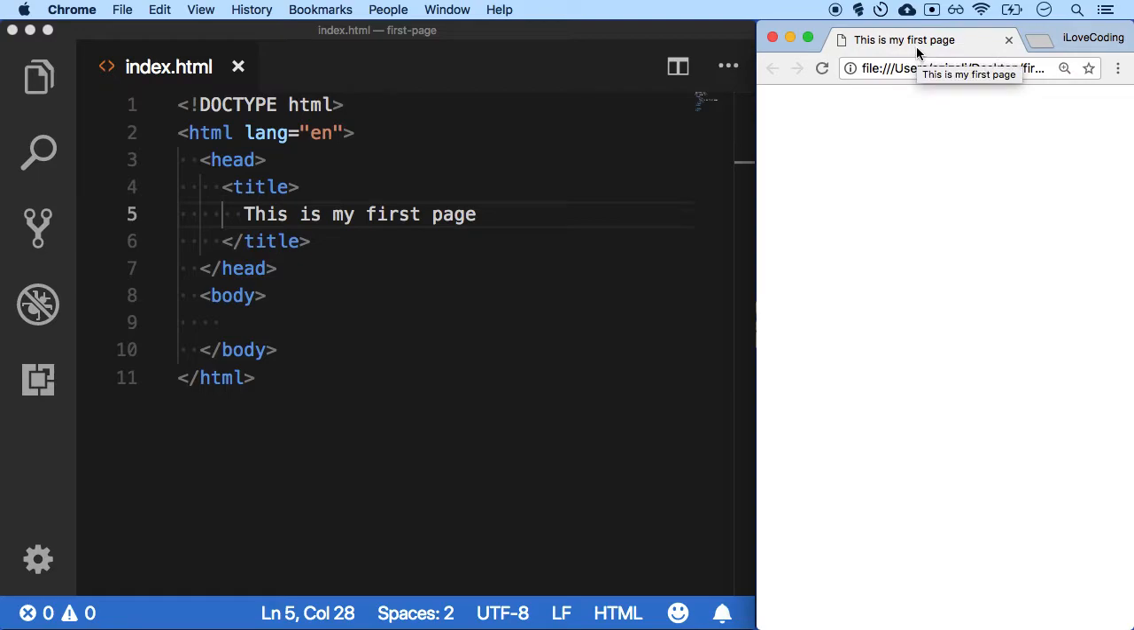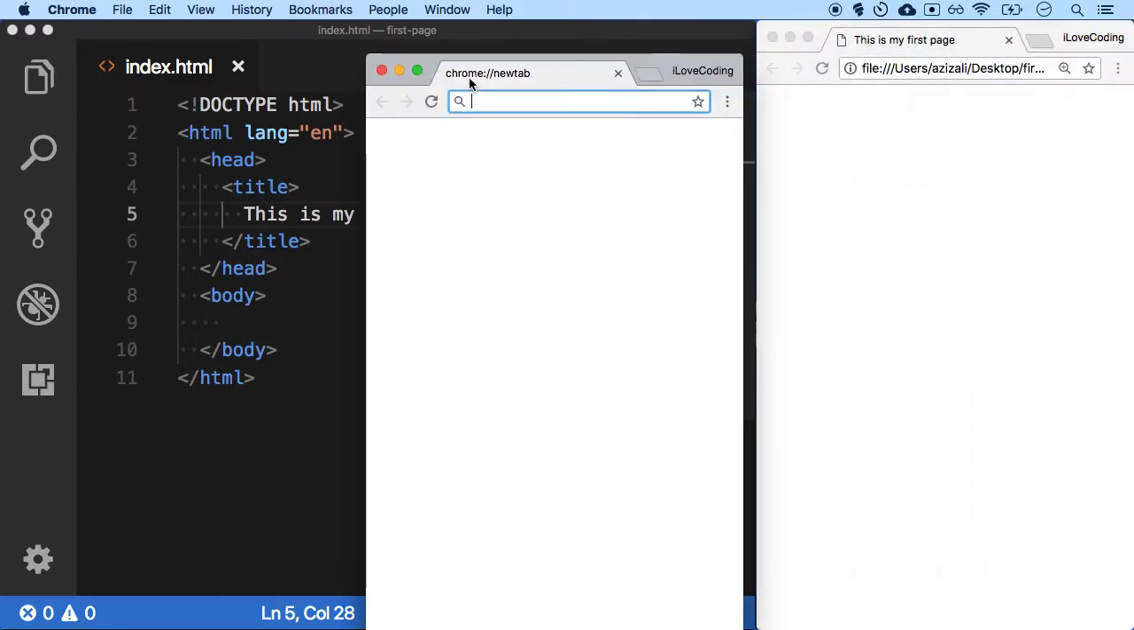and you notice this is my first page shows up in the title. Now I know maybe the video is very small, there's no way for me to zoom it, but you can just see slightly maybe in your videos that this is my first page is showing up in this particular area. Now this area is of very significant importance because